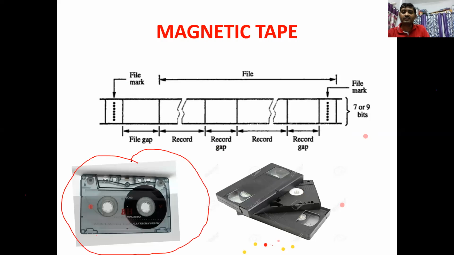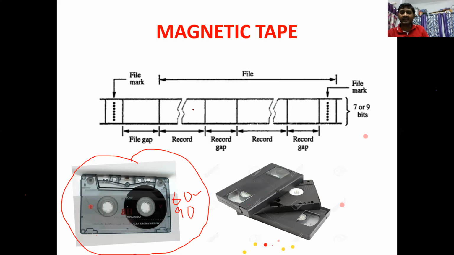You people may not have used this one. This is called a tape recorder cassette. We have a 60 and a 90, meaning 60 minutes, which is 30 minutes on both sides, and the 90 cassette, which is 45 minutes on both sides. It rotates this way. One side plays songs for 30 minutes, then you reverse it and another 30 minutes is there. That's called a 60 cassette. We used to have Walkmans, and we would keep the cassette in that and play it. So this is the tape drive I have just shown.